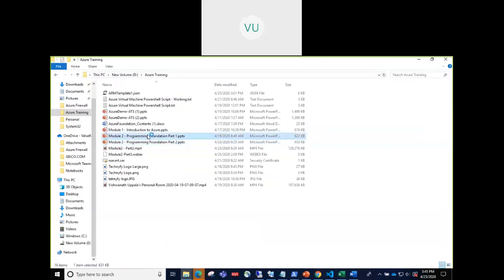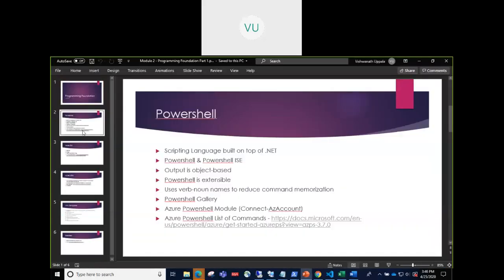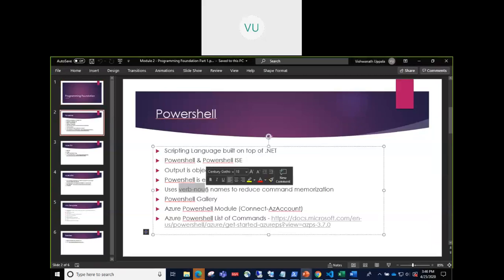Here we went through the basics of PowerShell, like how PowerShell commands are structured, verb and noun, what is verb and what is noun. Then we went through different features of PowerShell, like the output being object-based, and that it is built on top of .NET.